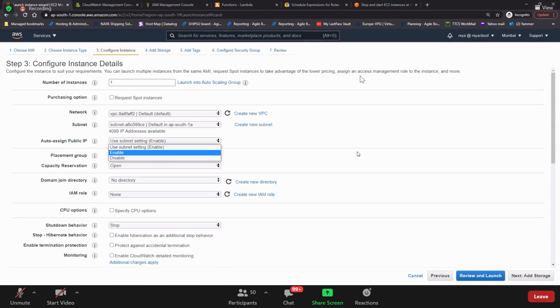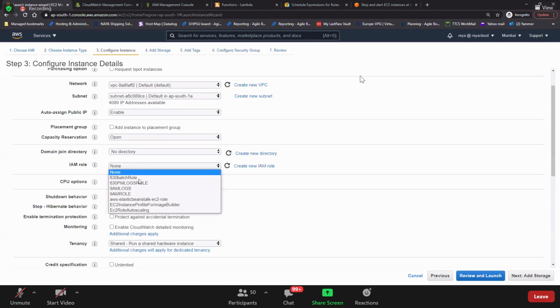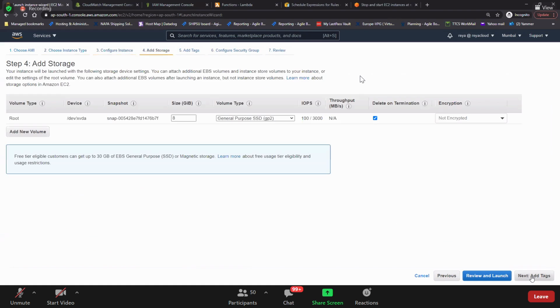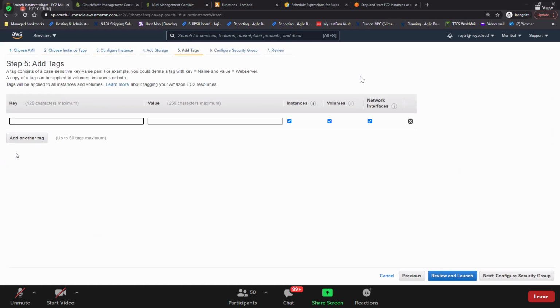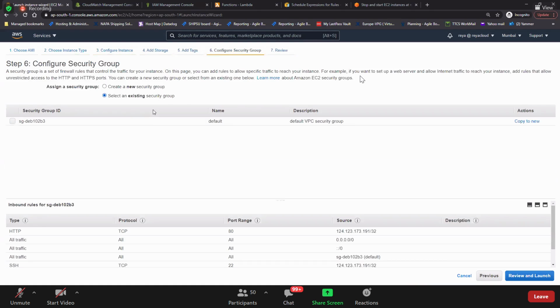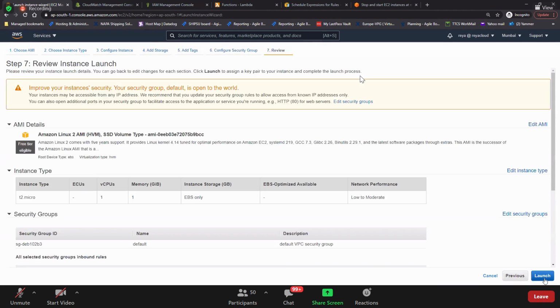Select one, enable it. Here itself, I can attach the role: the 6:30 p.m. logs role. Next. So, CloudWatch demo new. Next. Review it and then launch it.